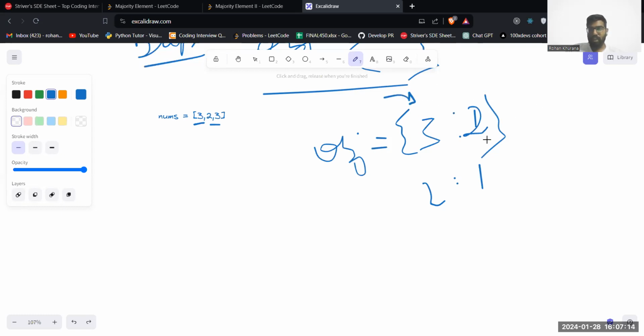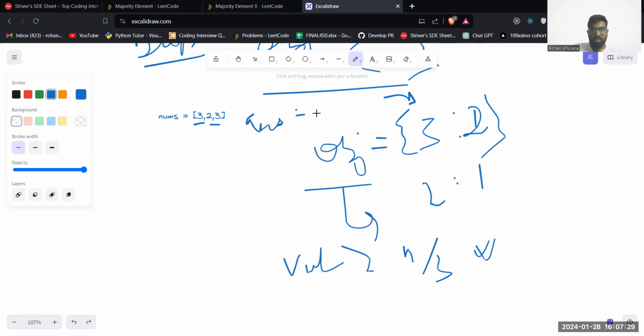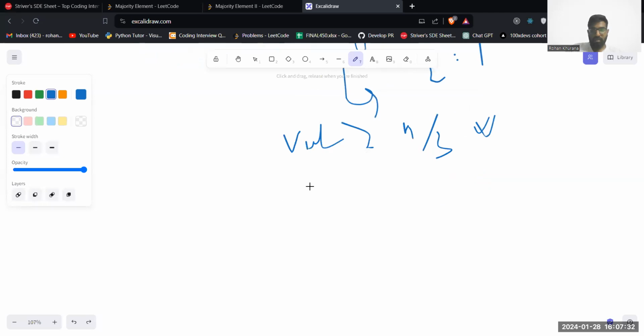I will traverse my whole object again, and find what the value is. If the value is greater than n by 3, then I will add it in my answer. So if I initialize answer as an empty array, then ans dot push